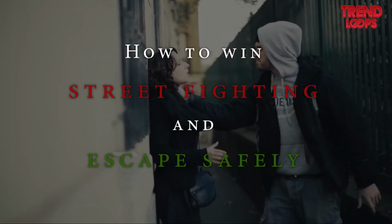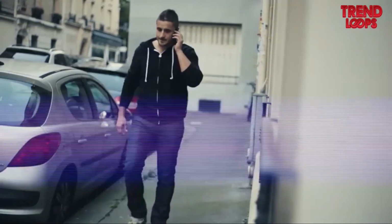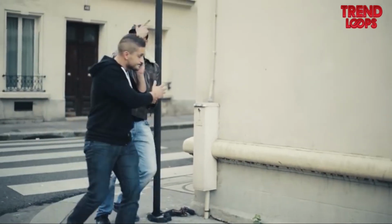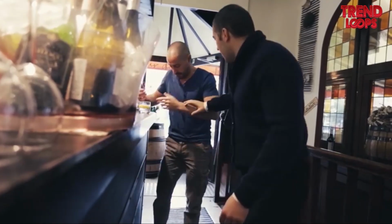Win street fights and escape safely. The thing about street fights is that most of the time they're not planned. Could happen anytime and to anyone. You could just be walking down the street and some rascals might want to rough you up. Or you could be in a bar and a hot-tempered guy who has a lot to drink may want to